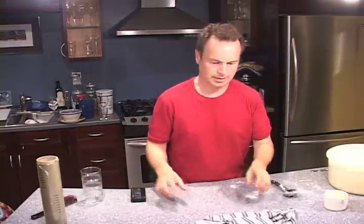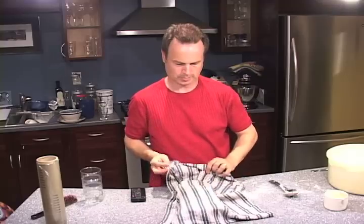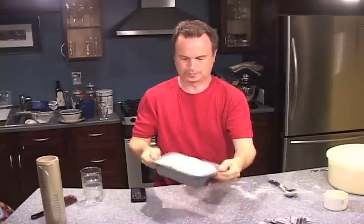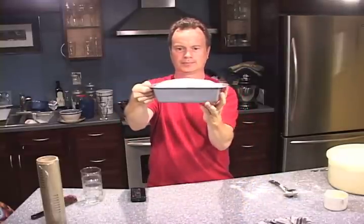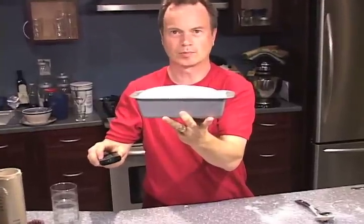Okay, I'm back, and it's time to check how our dough has been doing. It's been about 3.5 hours. Just gonna take that off gently, and voila! So it's risen above the pan, as predicted. So I'm just gonna give you a close-up of that. This is what we want to see